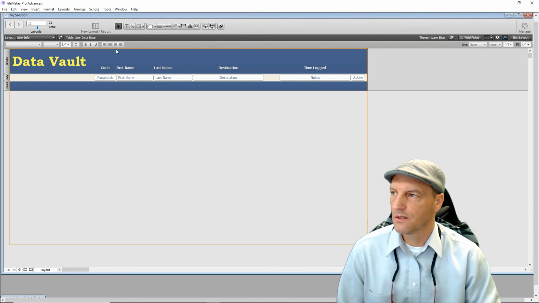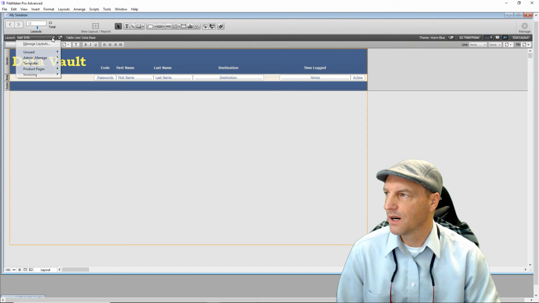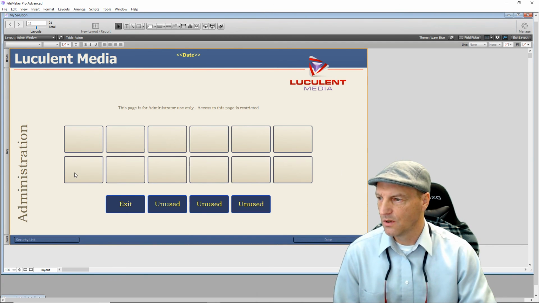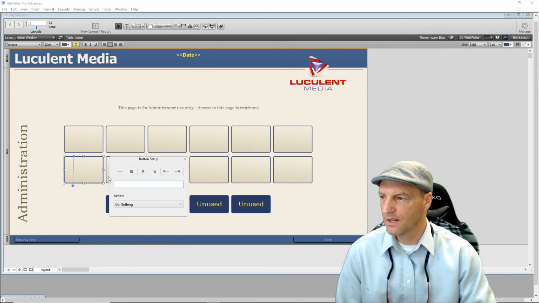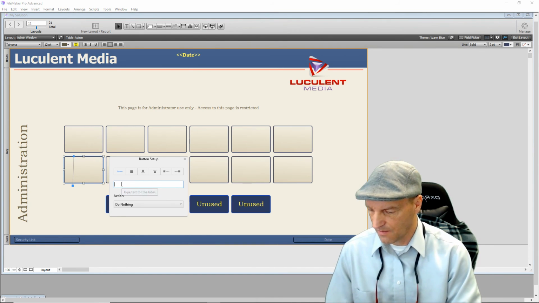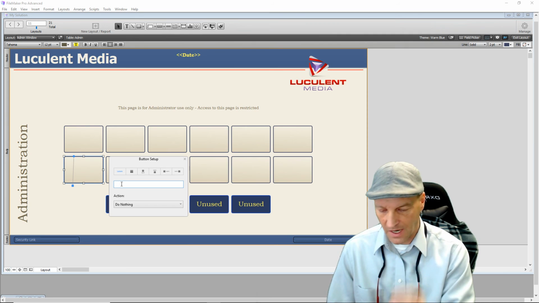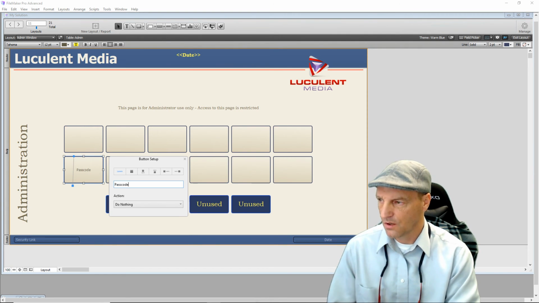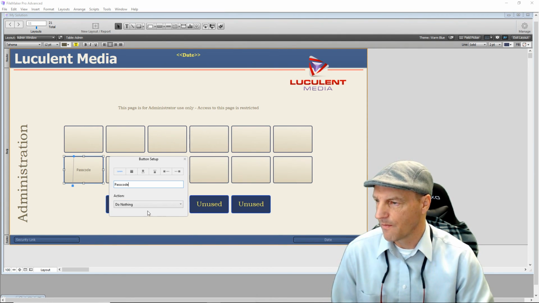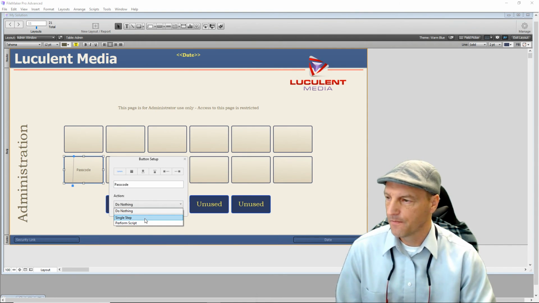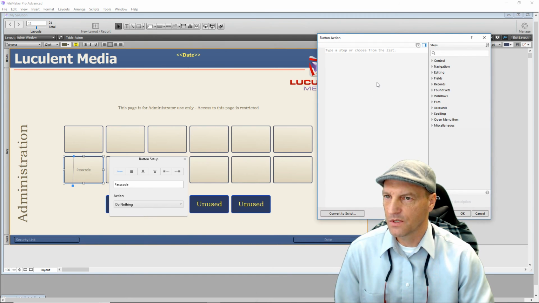And we'll close that. So now if we go to our admin page and we go to our admin window, it just gave us an ability to do this. So now we can click on this and we can call this employees, data, passcodes, whatever you want to. And we're going to say perform a single step, and that single step is going to be go to